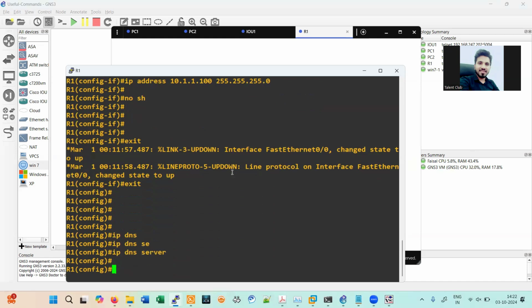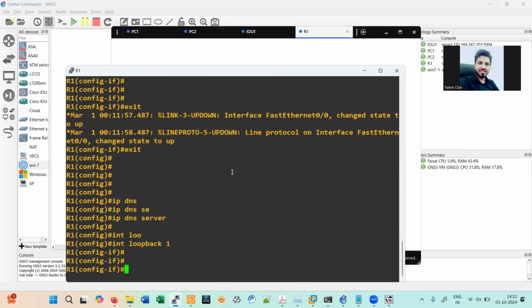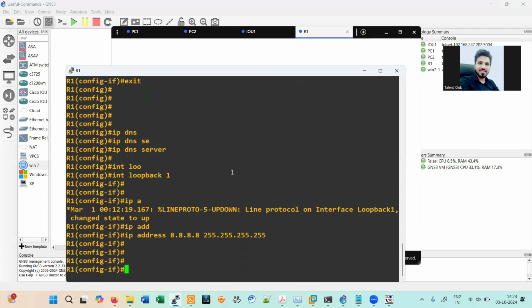Just use this command to make this device a DNS server, and I'll create one loopback, and I will give the IP address 8.8.8.8 255.255.255.255, and